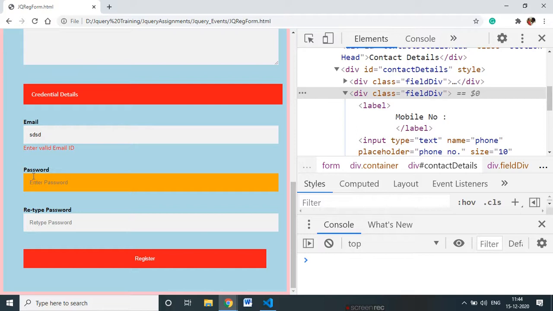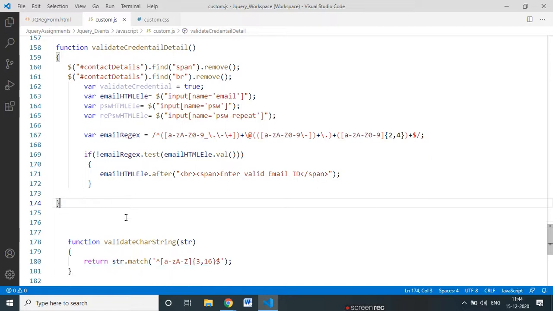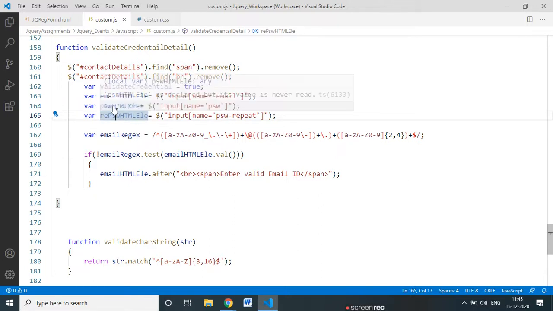Okay, so in the same way now we need to look into the password. The password needs to match, meaning this password and this password, both need to match. You need to give the message under both these passwords: please match the password and retype password. Both passwords need to match each other. We just need to read the value from both of these, and if these values are not matching, instead of using this HTML element,